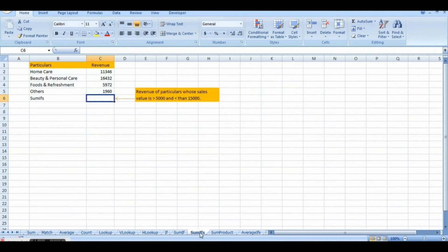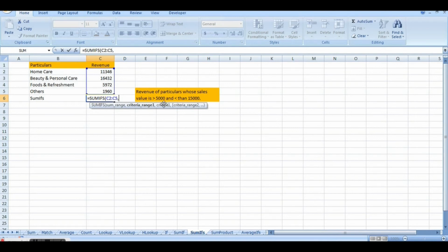Now if there is more than one condition that you want to implement, then SUMIFS, more than one if condition, is applied. So the formula that we will be using is SUMIFS, and we'll be using it as is equal to SUMIFS, sum range, this is the range from which we want to calculate, comma, criteria range 1.